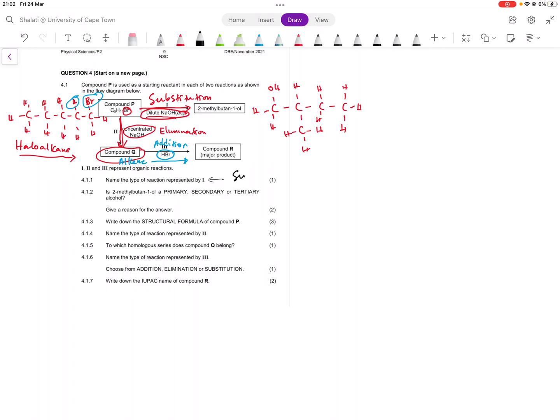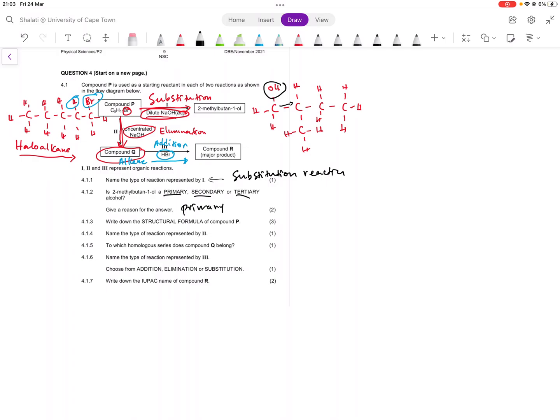That is a substitution reaction. And then 2-methylbutan-1-ol is the primary, secondary, tertiary alcohol. So let's look at the structure. The OH is bonded to the carbon, which is bonded to only one other carbon. So this is a primary alcohol,